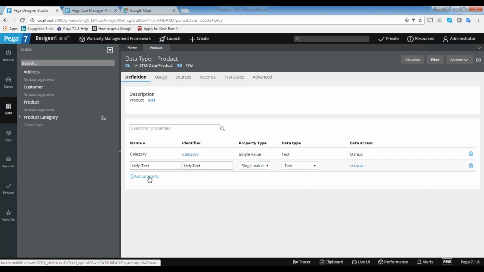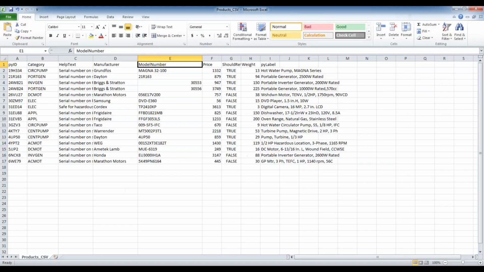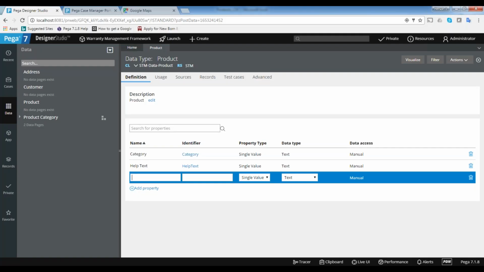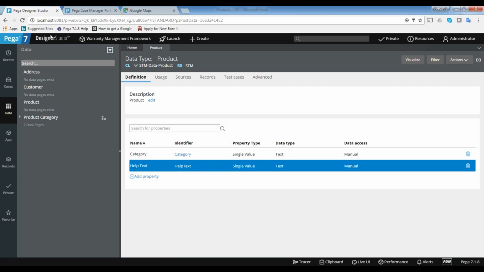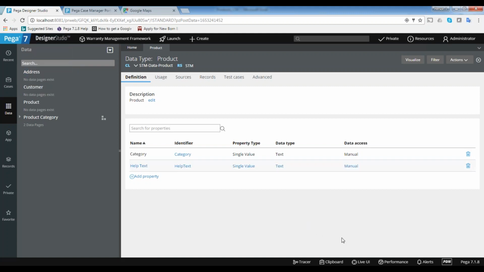Subhash, so with this local storage we are creating a new data type and trying to store the local data, right? Yes. So what is the difference between data table and this local storage? Both are the same. That is a good question. But data tables is deprecated. From 7.1.7 onwards, I am using 7.1.8.